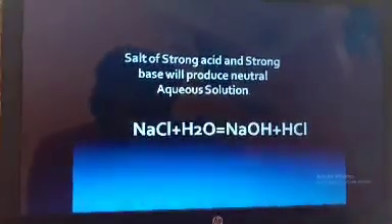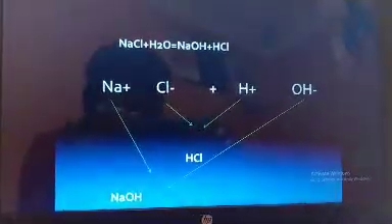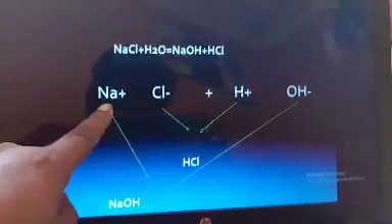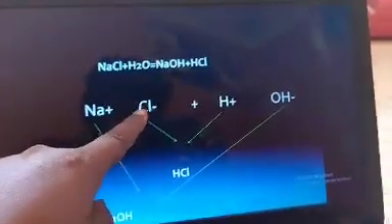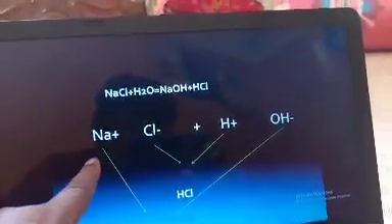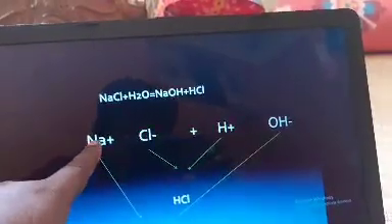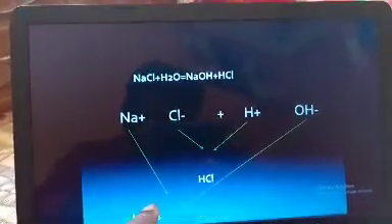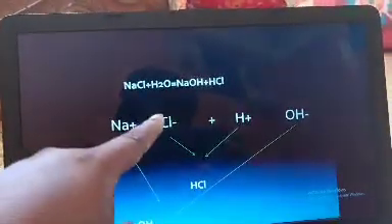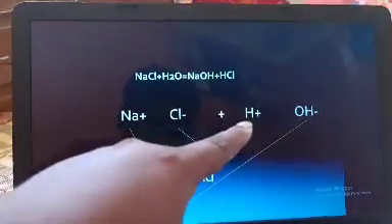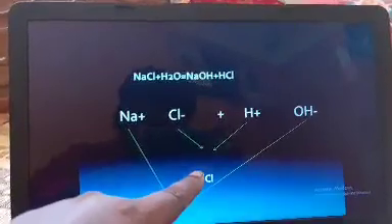Now let us go to another example here. See the formation I have shown here, NaCl will be dissolving to give Na plus and Cl minus. Now H2O is also giving what? H plus and OH minus. Now the metal positive ion, or the salt's positive ion, will be combining with the negative ion of the water, OH minus. So Na plus and OH minus, when combined, what are they giving? They are giving NaOH. Now again see, the Cl minus is the negative part, the anion, and the H plus is the positive part. So it gives what? HCl.